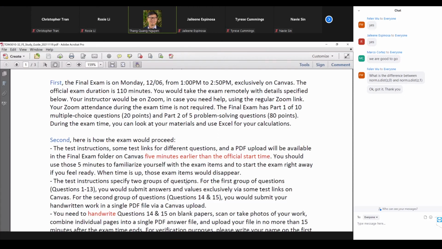For questions 14 and 15, you need to handwrite, right? And then compile that as a single PDF file and submit that on Canvas. The best way to have a single PDF file is to open a blank Word file and use a cell phone to scan or take pictures. Then you put the photos one by one in the Word file in the correct order. At the end, you have everything in the correct order in one file, and then you convert it to a PDF file and submit that PDF